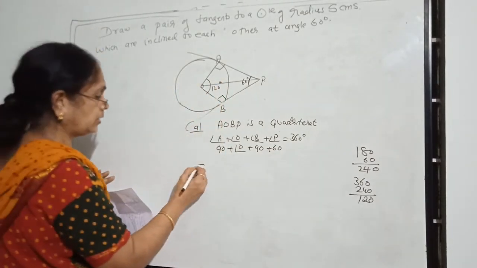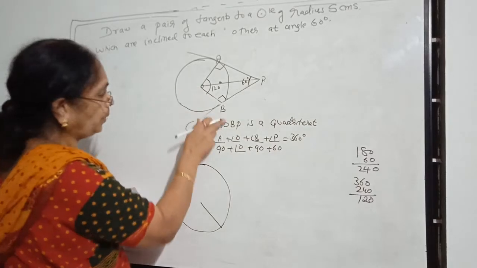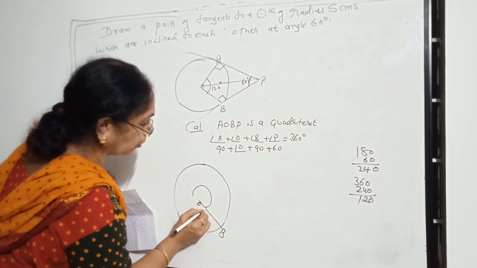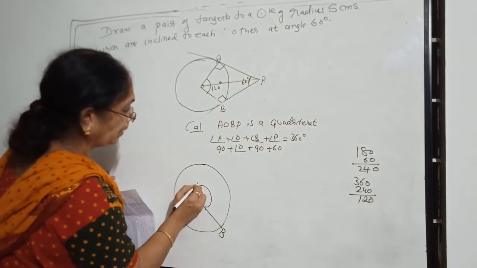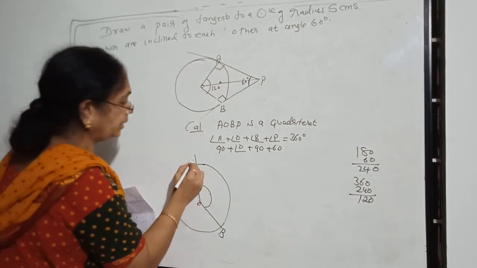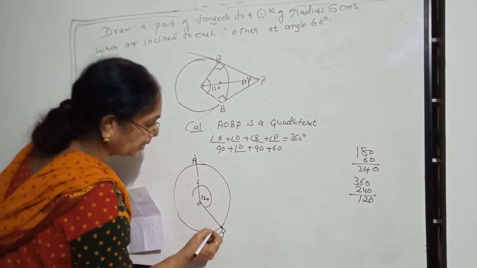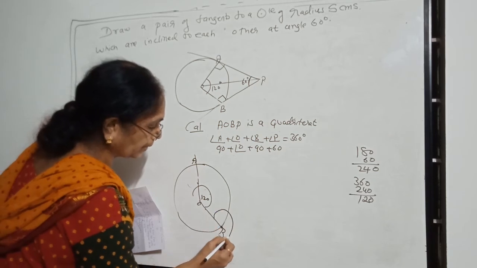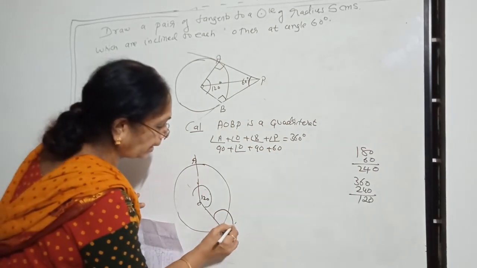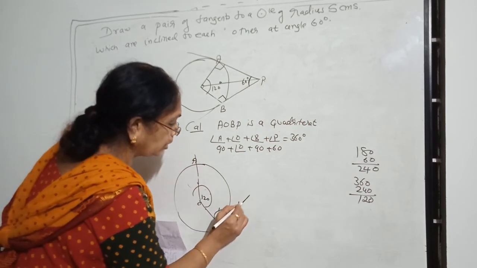How to start? First, draw a circle, mark this point O, radius like this, with the protractor, start from 0 degrees, 0, 10, 20, 30, up to 120. So mark it, remove the protractor, join this and let it touch here. So let this be A and let this be B. Everything you got. Now this is 120. Now keep the scale here, draw one perpendicular line here. With A as center, draw one semicircle and mark 2 points. Keep the compass here, draw an arc, keep it here, cut an arc, straight, you join it.